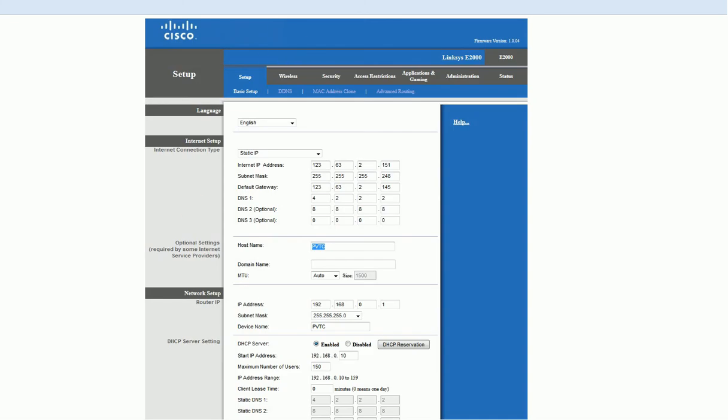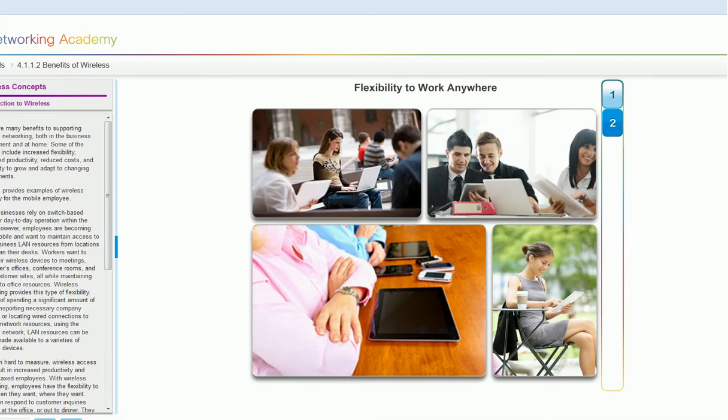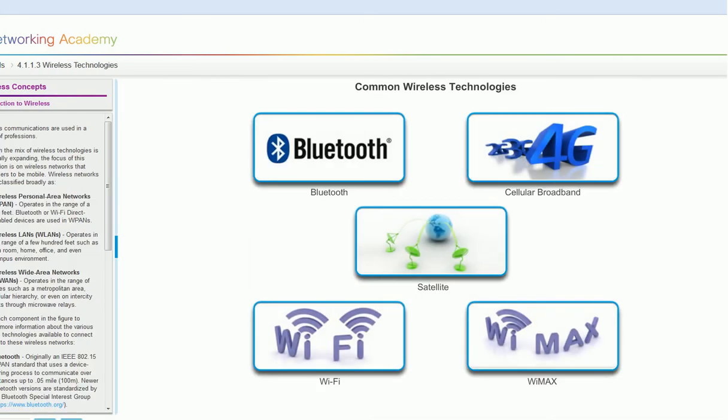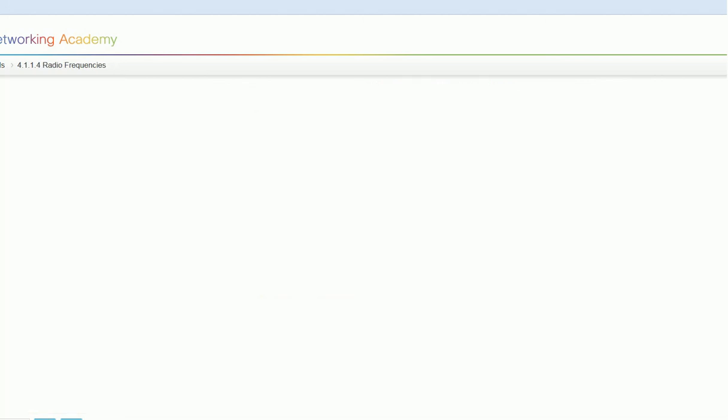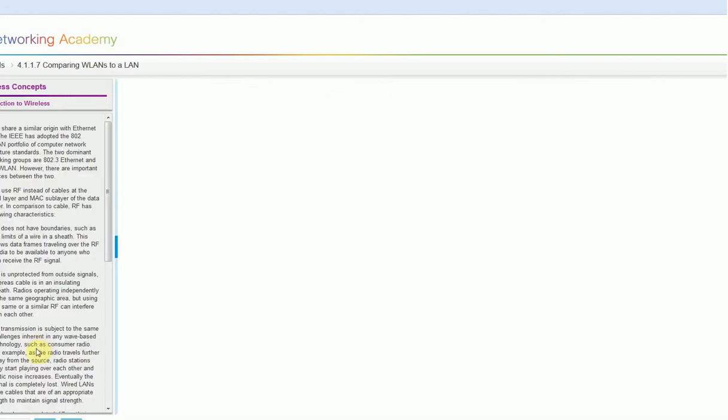Now go back to the chapters of Scaling Networks. You can read it out from these particular chapters. I was quickly going through them.